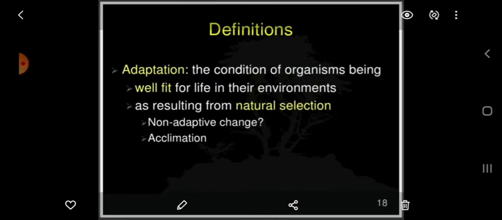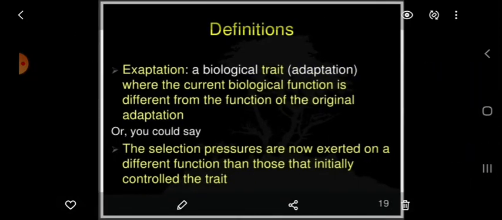Adaptation: the condition of organisms being well fit for life in their environments as resulting from natural selection. Non-adaptive changes and acclimation. Now we have exaptation,